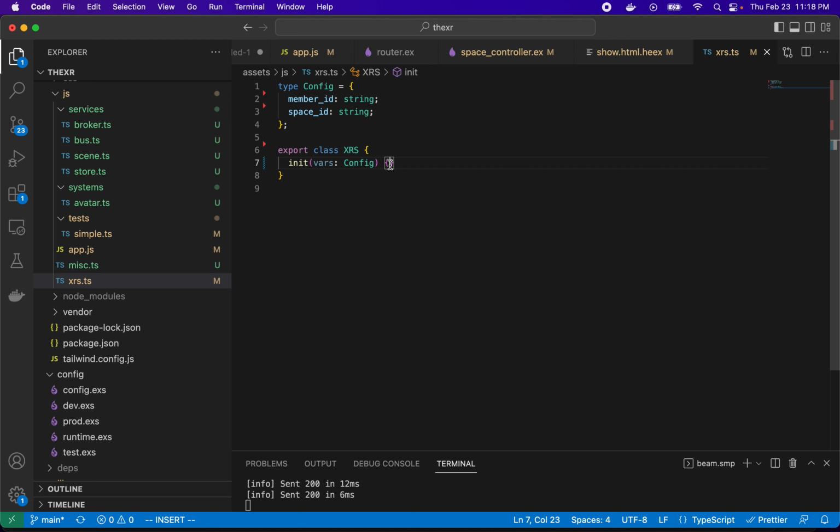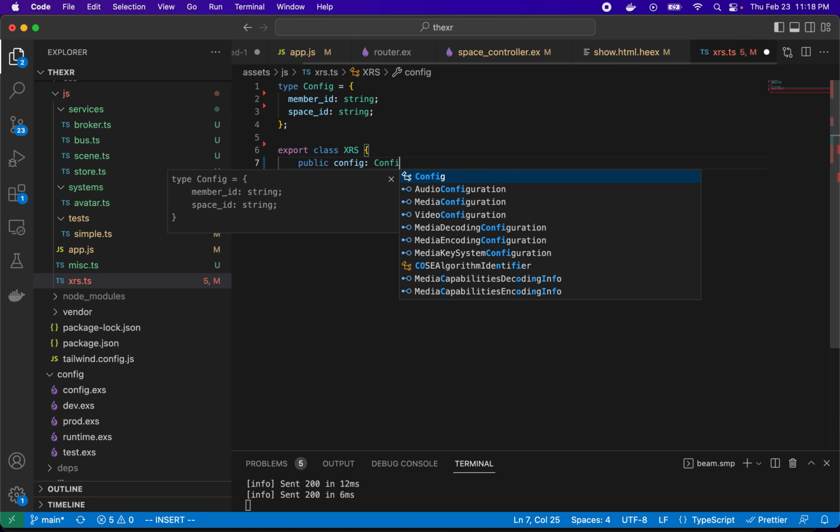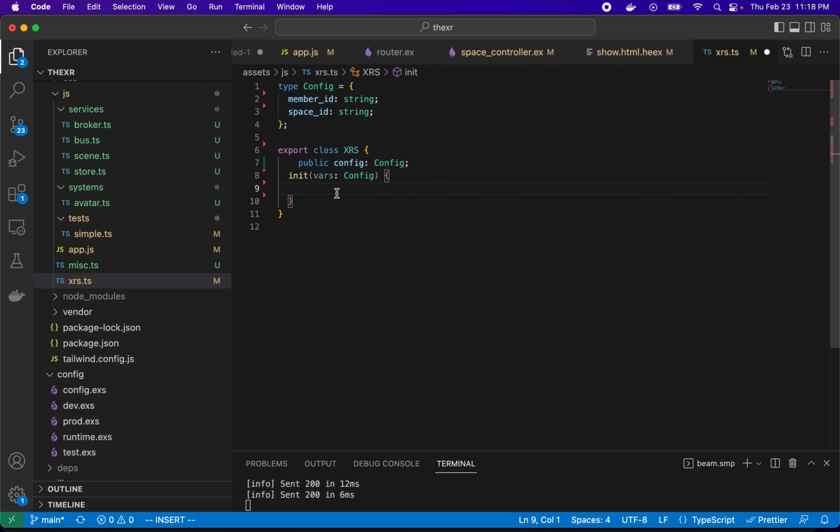And so what do we want to do inside there? Well, let's just keep a copy of that. So we'll also have our member config, and we'll just assign config to vars of this config. All right, so we have a copy of that. Now,